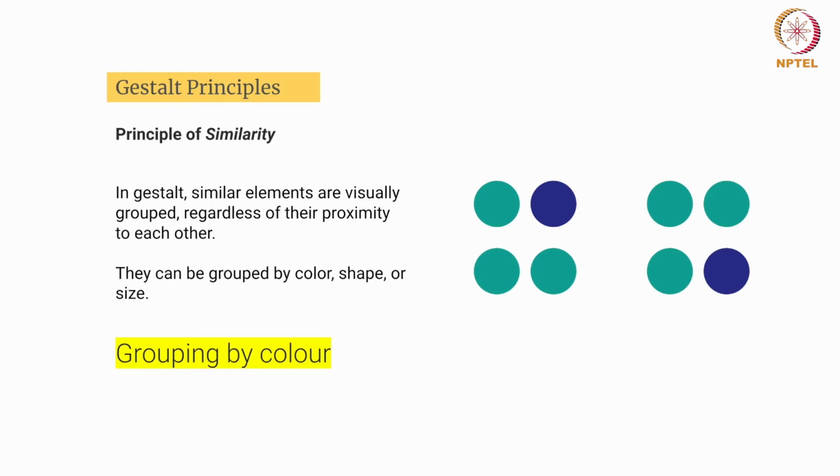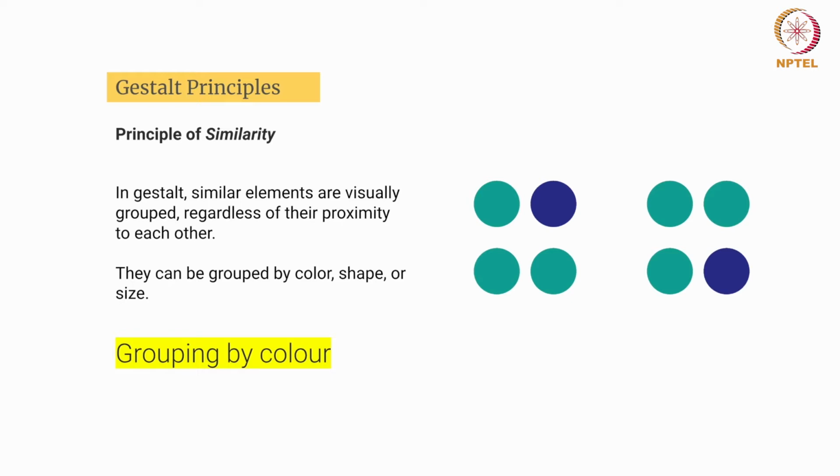What it means is that Gestalt's principle of similarity states that elements that share visual characteristics such as shape, color, size, texture, or orientation are perceived as belonging to the same group or pattern. This principle reflects the human brain's natural tendency to organize and interpret objects based on shared attributes, creating a sense of harmony and order in visual experiences.